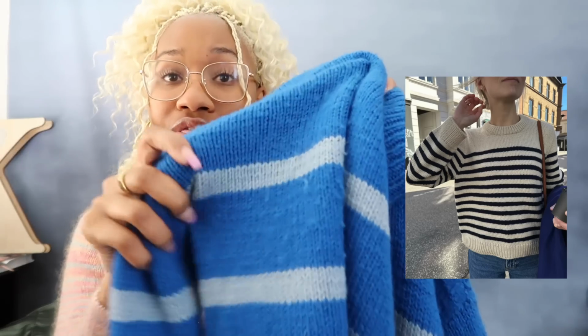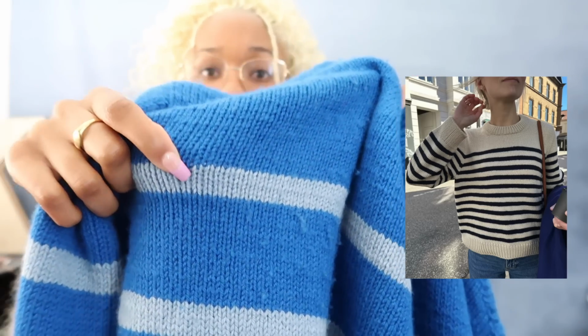Anyway, these are the colors that I want to use. You can see the picture of the Lyon sweater here. Yes, I want this light blue to be my main color. Yeah, and I want this to be the stripe color. So it's gonna be the total opposite of this color. It's gonna look so nice. I'm so excited, okay? But yeah, I'm gonna do the size medium in that one